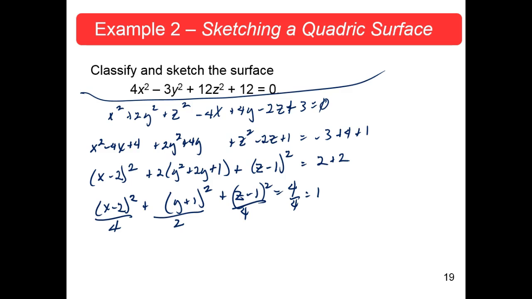This way it's a circle. Okay. All right. Now,